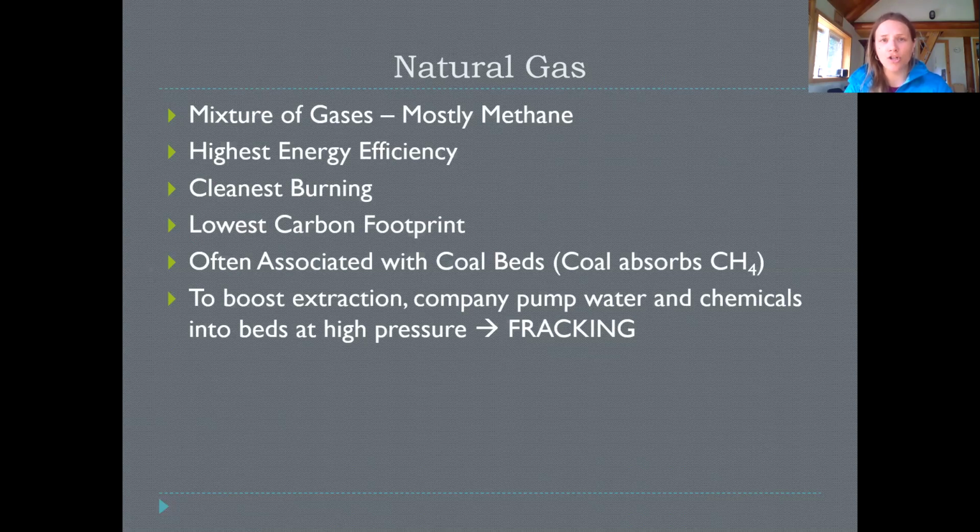But the biggest concern around natural gas is that one of the technologies that has been used to extract it recently is something called hydraulic fracturing, that you might have heard referred to as fracking. Basically, to boost the extraction of this material, companies have figured out that we can pump water down into the ground, and that water contains a mix of different kinds of chemicals and lubricants that are going to help